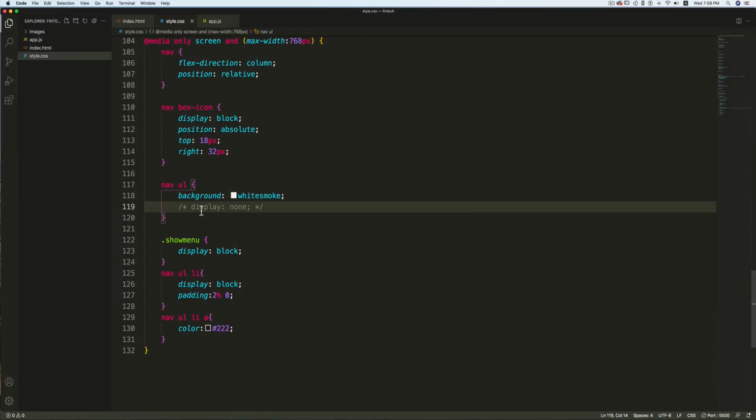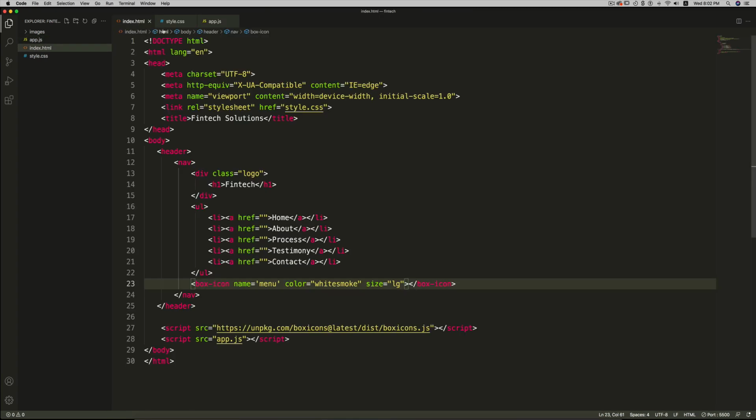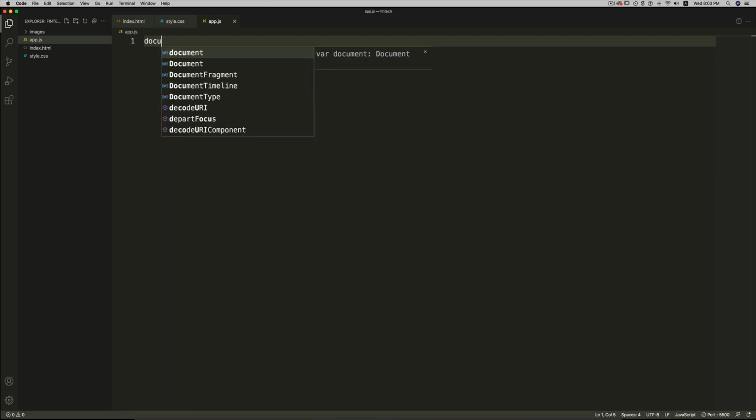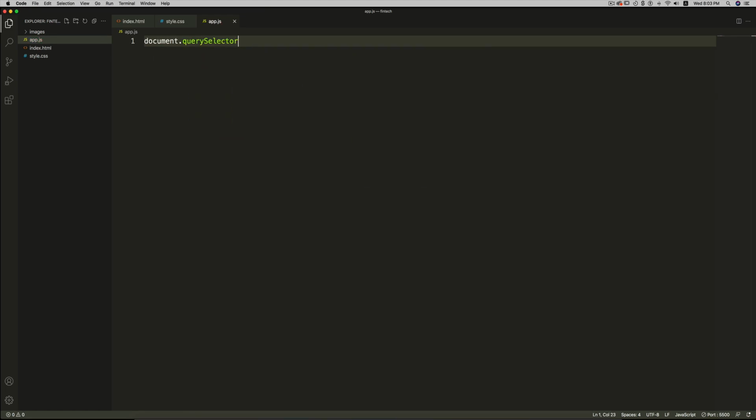So I'm going to uncomment this, and let's go to the app.js file where we are going to write the toggle action. So here first I'm going to select the hamburger icon. So let me go back to the index.html file, and here I'm going to give it an ID menu. Then in the app.js file I'll write document.querySelector.